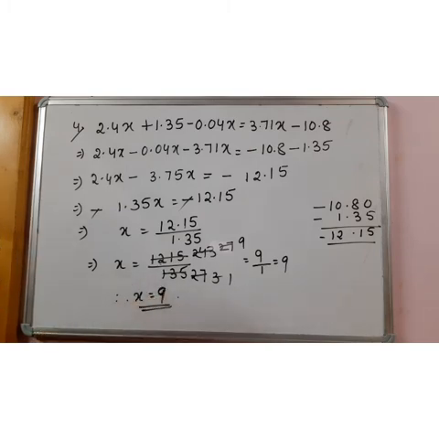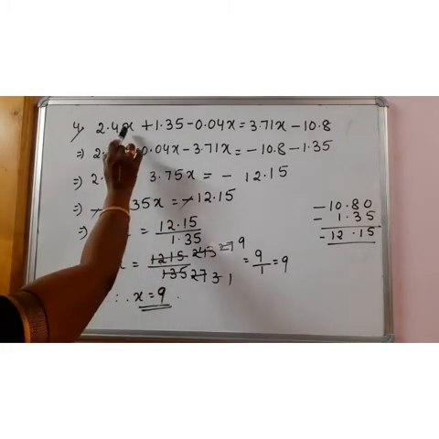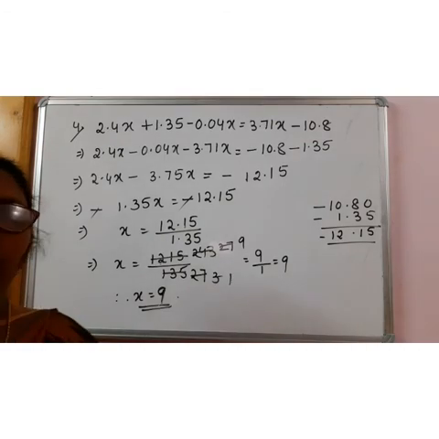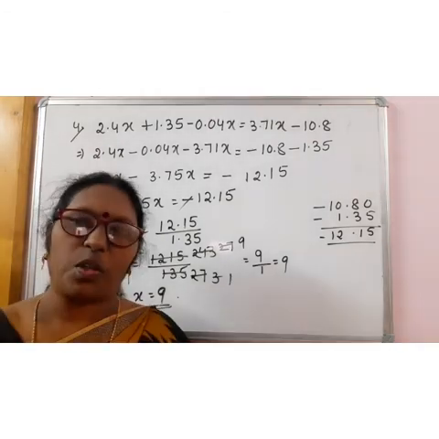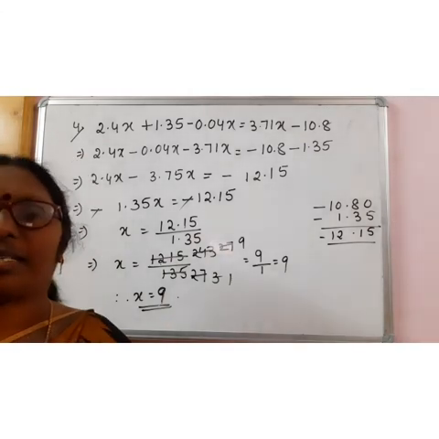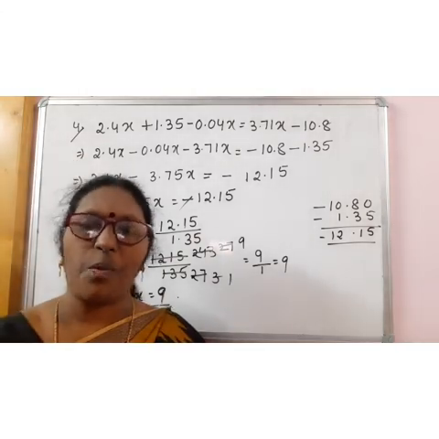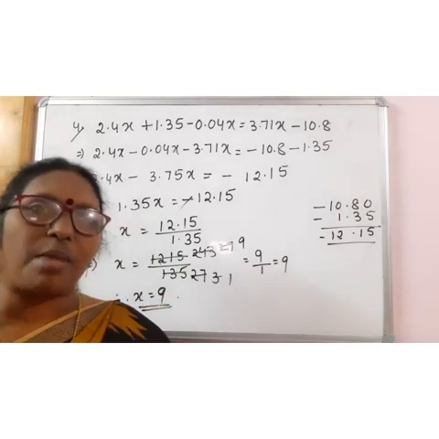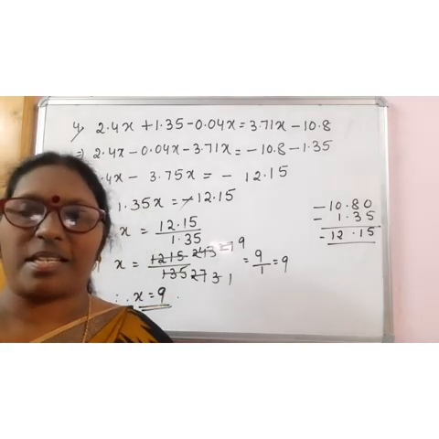And for these kinds of questions, after doing them, if you want to see whether you have done it correctly or not, this value of x we can substitute in the question, and both LHS and RHS you can simplify. If you get both sides equal, your answer is correct. Otherwise, you have to check. I hope this is clear to you. And in the next class, you are going to learn little more complicated sums. Thank you.